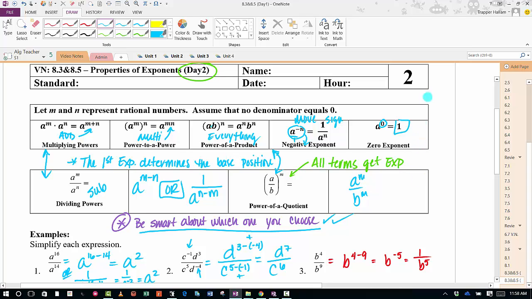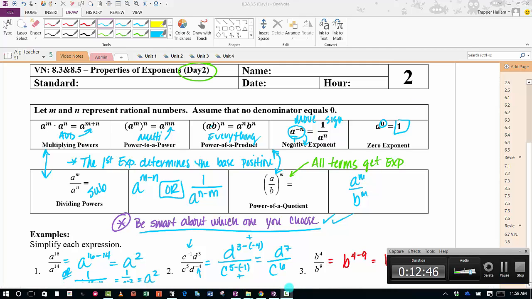So make sure you know these rules, put them somewhere, tally them all up over all 3 days, these properties, have them all in one spot so you can go look at them somewhere. But that's all said and done. I'll see you in class for some questions and examples, and